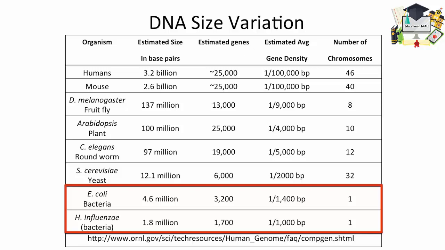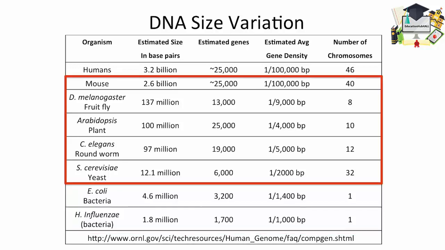1.8 billion base pairs is one of the smallest genomes in bacteria, and E. coli, which is prominent in our guts, has an estimated DNA size of 4.6 million base pairs. And you'll see that there are fewer genes, although not as few as you would expect, just based on the proportion to the DNA size. And that's because the gene density is much higher in prokaryotes than in eukaryotes. In this middle range, there's tremendous variety in the number of chromosomes and in DNA size. Again, humans don't have the largest DNA, and we also don't have the most number of chromosomes.